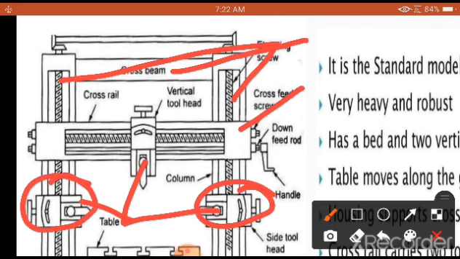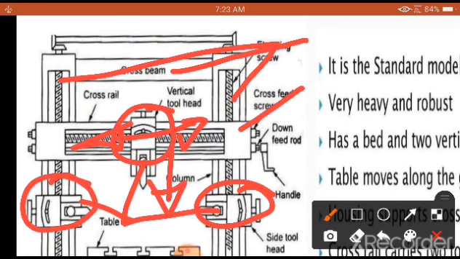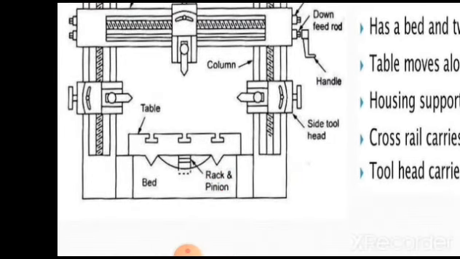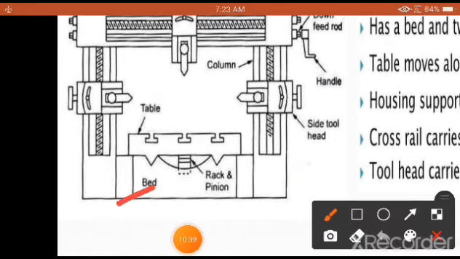Along with that, you are also going to have one tool head on the cross rail, which can be made to move in either direction like this, as I have indicated, and the feeding is given in this way with the help of a single point cutting tool. Similarly, the feeding is also given like this for the tools mounted over the columns. The bed is formed of heavy cast iron castings, having the guideways for giving the movement to the work table.